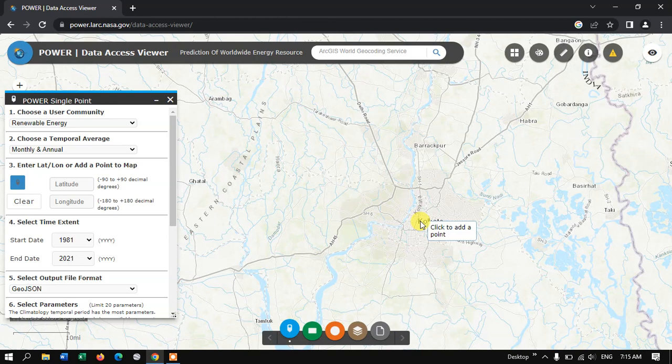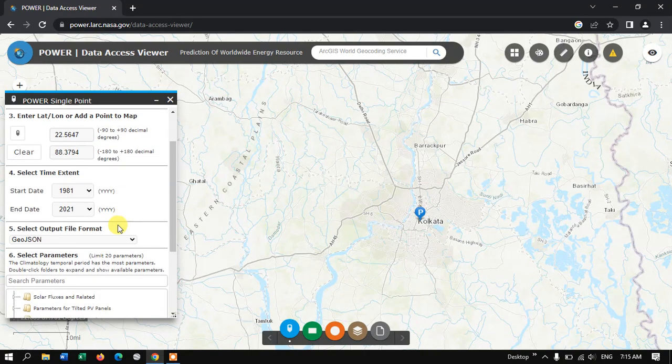So I'm going to pick this location. After picking this location, you can see the lat long has been taken out, and the next thing is that we are going to select the time extent. So here I'm going to select from the year 1981 to 2021,